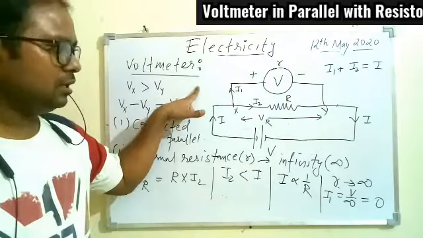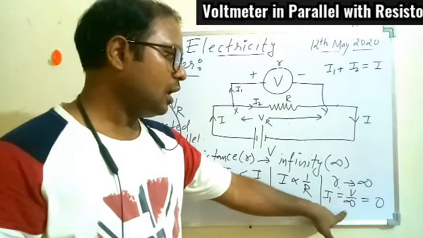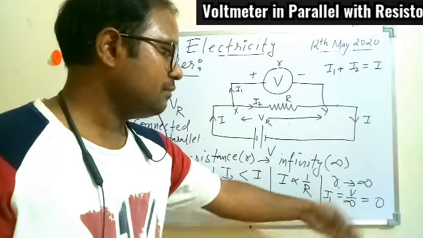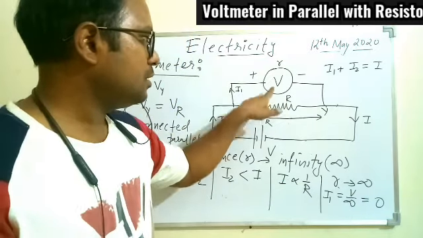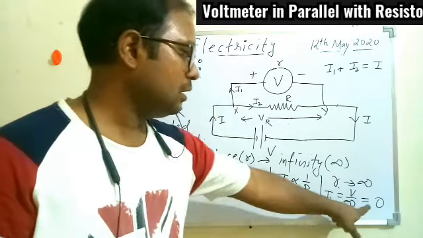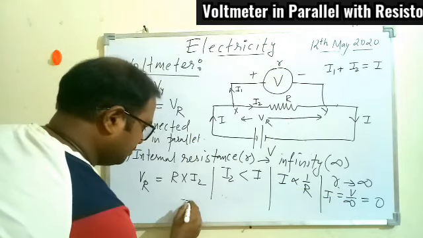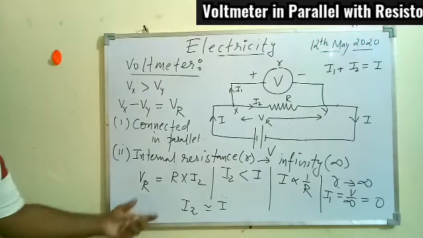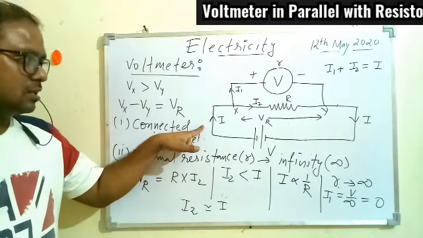I hope you understood. This is just from Ohm's law. I is equal to V upon small r. Small r we have taken almost infinity, and we know when something is divided by infinity it becomes 0. So I1 will be 0 only if the resistance of this voltmeter will be infinity. Am I clear? So in general, in this case, I2 will be approximately equal to I, meaning the current passing through the resistor will be the same as the current in the circuit.